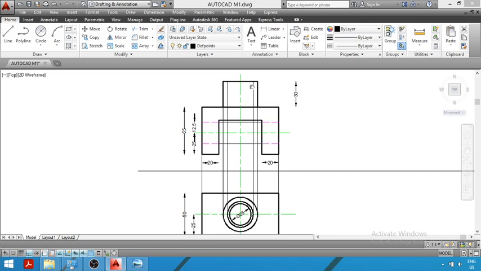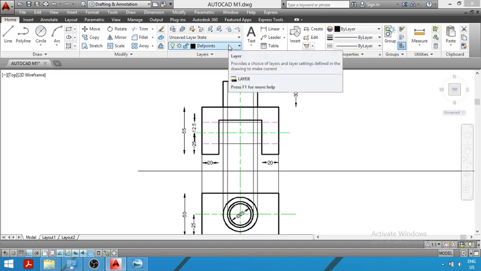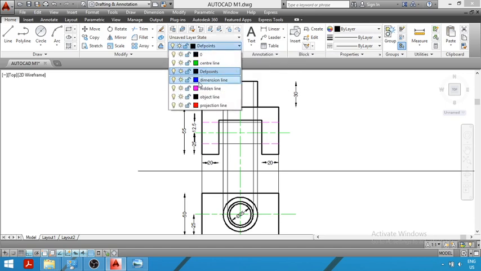So we have drawn two vertical projection lines from the ends of the diameter of the circle of diameter 30 mm. Now we will draw the upper hole, that is the hole of height 10 mm.